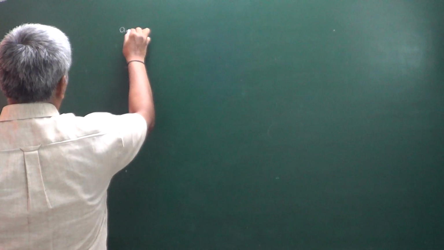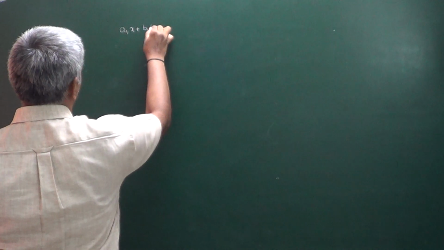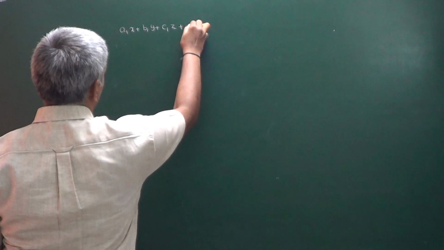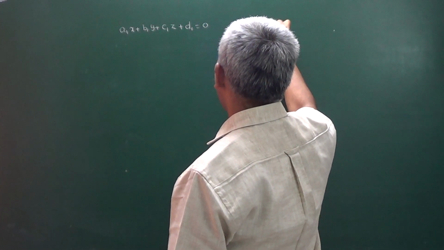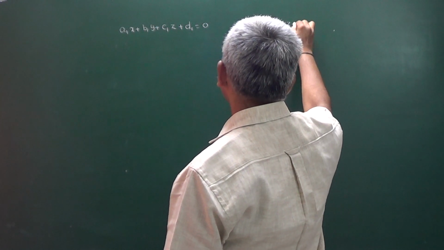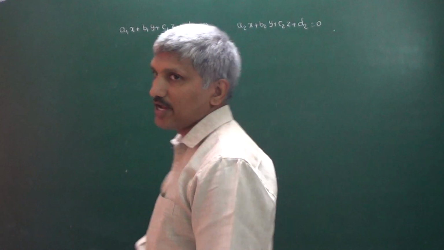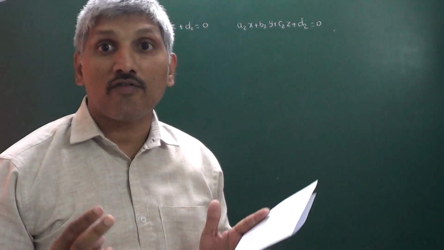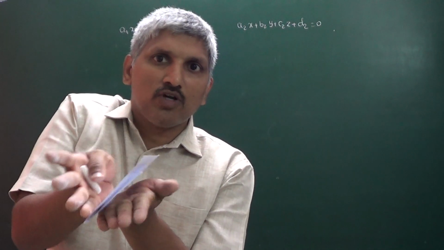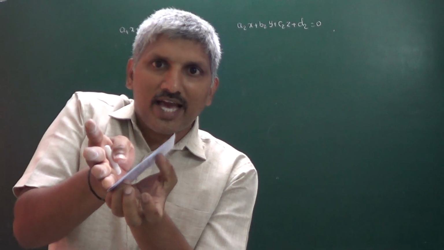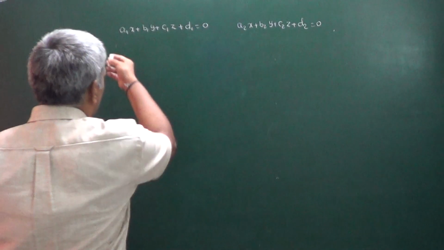The other idea we are going to discuss, according to the same first year idea, is the angle bisector between two straight lines. Like that, here is the angle bisector between two planes: a1x plus b1y plus c1z plus d1 is equal to 0 is one plane equation, and a2x plus b2y plus c2z plus d2 is equal to 0 is the second plane equation. We want to find the equations of angle bisectors between two planes. Between two planes an angle bisector is possible, so how to find that angle bisector is what we are discussing.